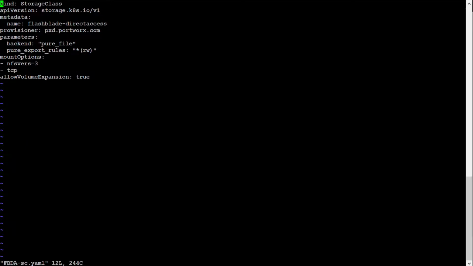Very simple here. We're going to name our storage class FlashBlade Direct Access. We're going to be using the Portworx provisioner. And these parameters are what tells it to use the FlashBlade itself. So our backend is going to be set to pure file. And then we can provide any export rules for NFS that we'd like to be applied to that file system